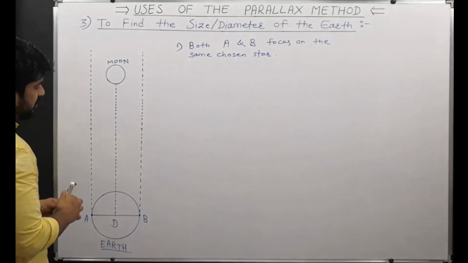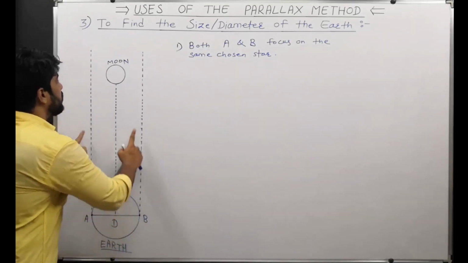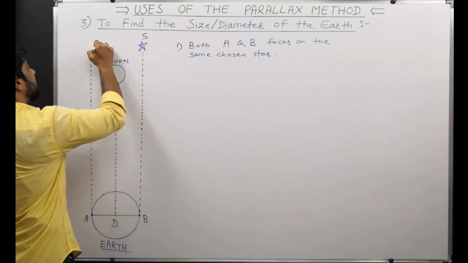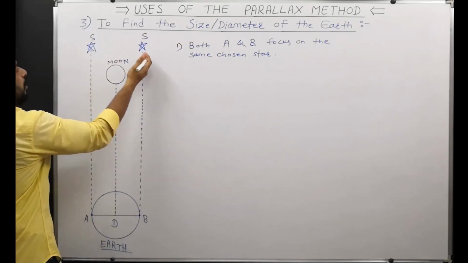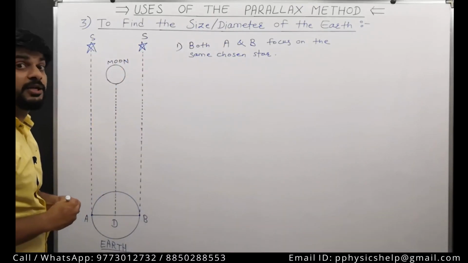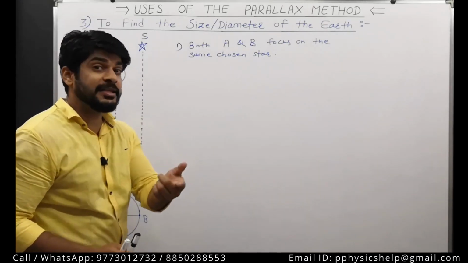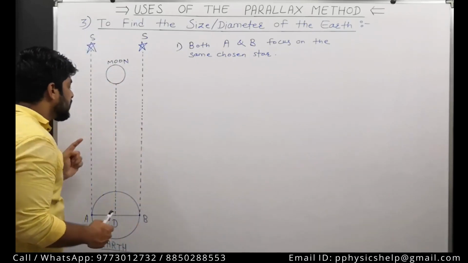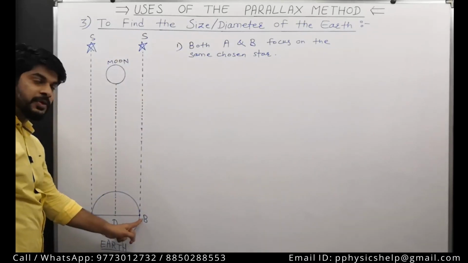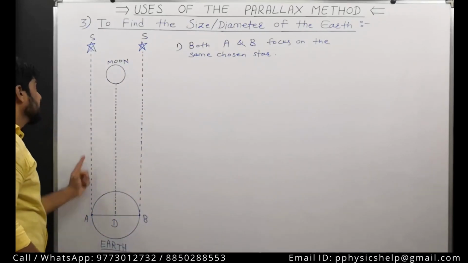Over here you can see this point and this point, 2 telescopes, they are all focusing on the same star. So here is a star and here is the same star. Now you might say, how can we have the same star at 2 locations? It's not like that. As I told you, in the parallax method, the distant object appears in the same direction. So for a person over here, the star is in this direction, and for the person here also, the star is in the same direction.